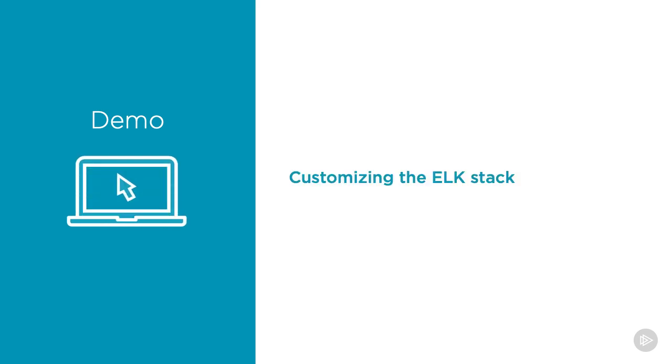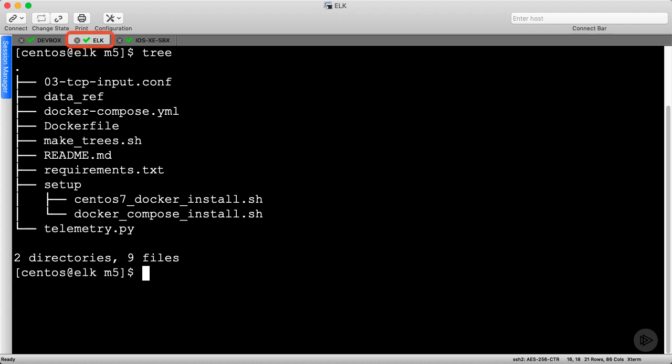We'll start with a standard Elk Stack Docker image, then customize it for our netconf model-driven telemetry use case. Similar to our Puppet demonstrations from the previous module, we'll need to run this container on a larger computing instance. This is a T2 Medium EC2 instance in AWS, again similar to Puppet, because the minimum requirement for our Elk Stack is 4 GB of memory.